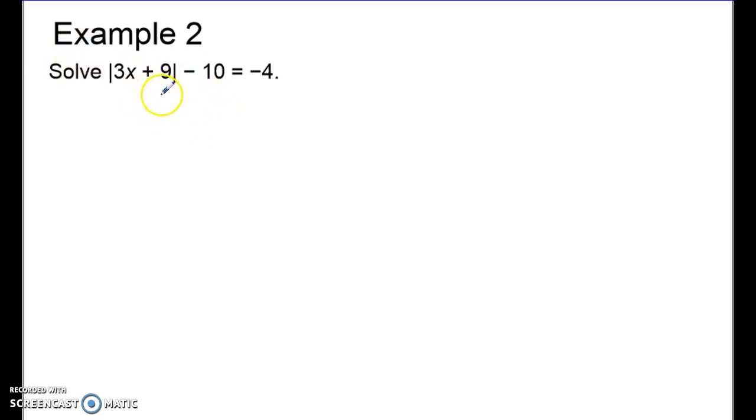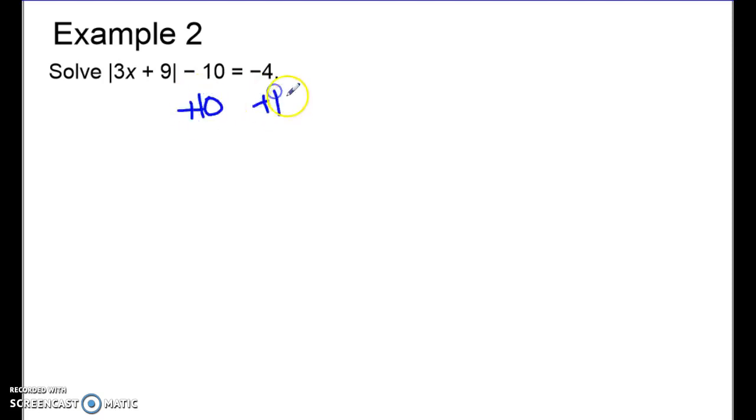So here's another example, right? We're making this a little bit more difficult because we're adding another value on here. The first thing I always have to do is get the absolute value by itself. So I see that this absolute value is over on the left side with this negative 10. So in order to get rid of that, I have to add the 10 first